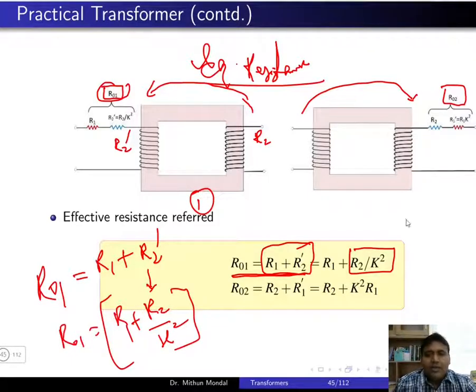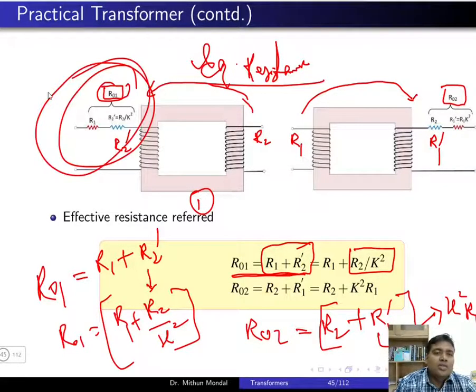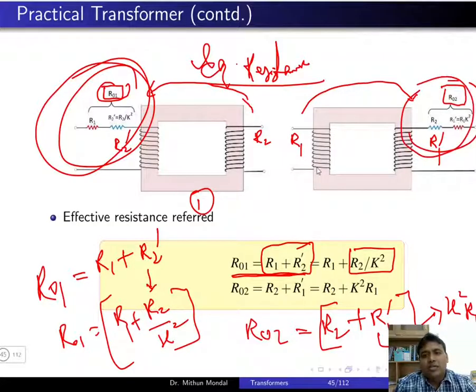Second, similarly, if you take the resistance R1 from this side to the secondary side as R1 dash, then what will R02 be? R02 will have R2 constant on the secondary side and the primary side resistance R1 dash, which is taken to the secondary side of the transformer. This R1 dash can be written as K square into R1. So we can then operate on any one winding of the transformer, either the primary winding or the secondary winding. So the other winding is not required when you do any type of calculation.